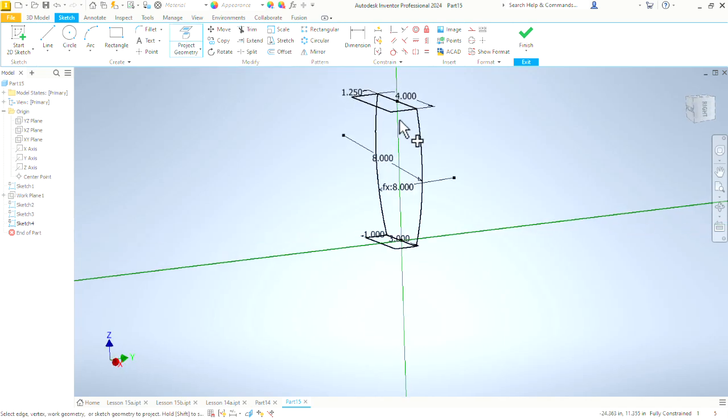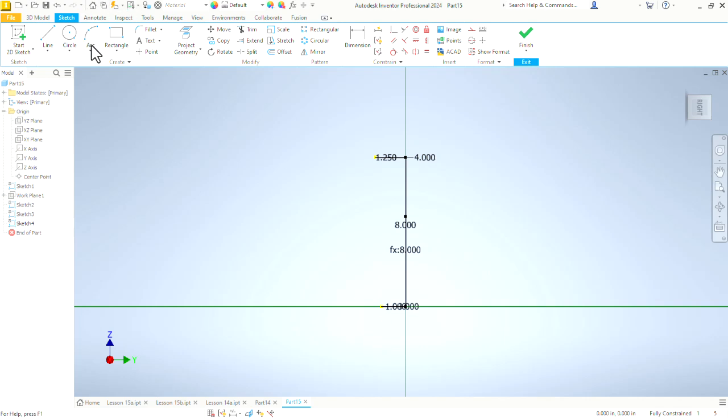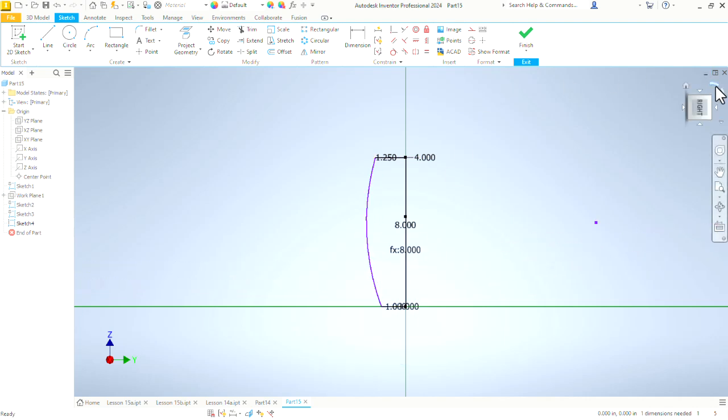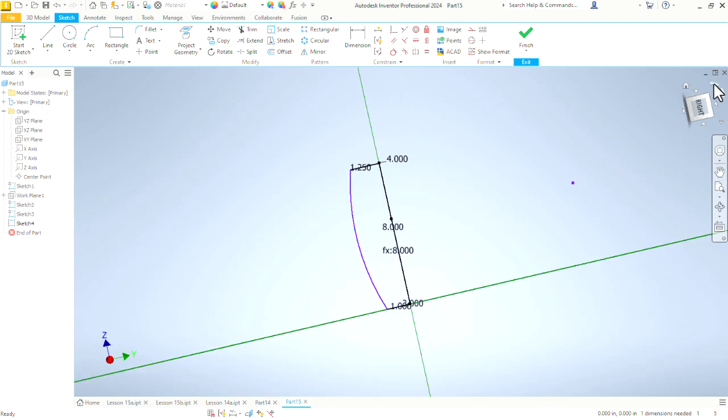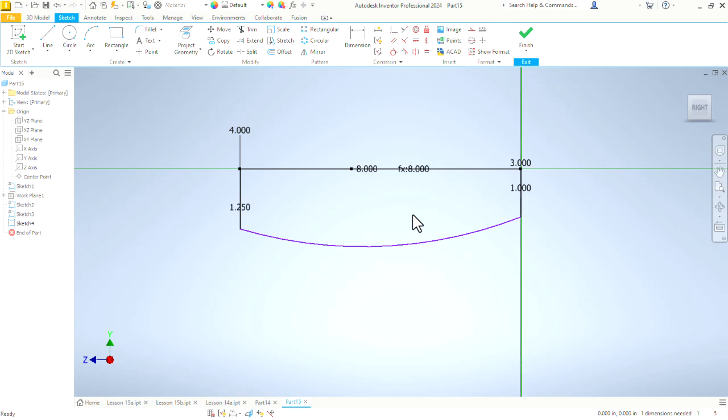We project geometry. Get that endpoint, that endpoint. That puts both of these points on my sketch. I say OK. Go back to my right side view looking directly into it. And let's add this arc. Now I can come up here to my view cube. Let's hit this little arrow here to rotate. This looks more like the way we would look at a boat, so that this is the bottom of our boat,